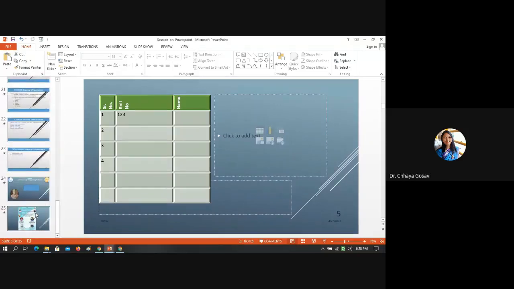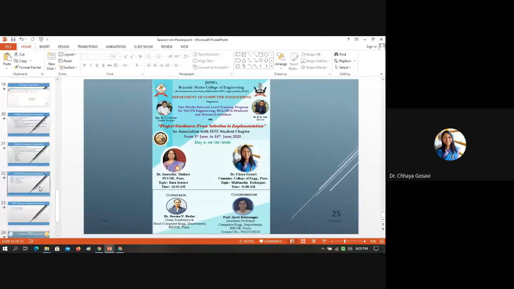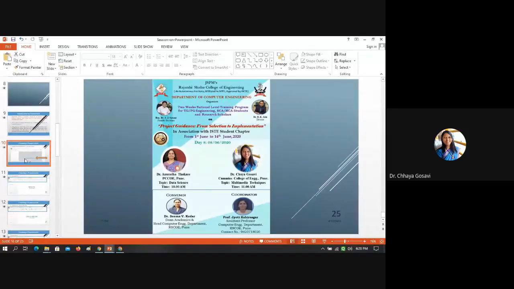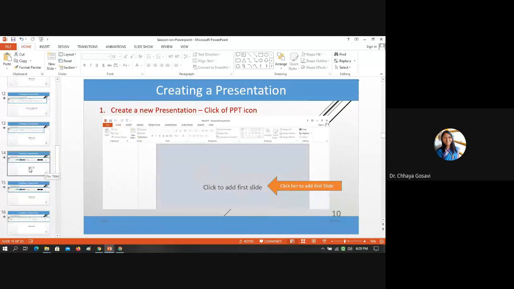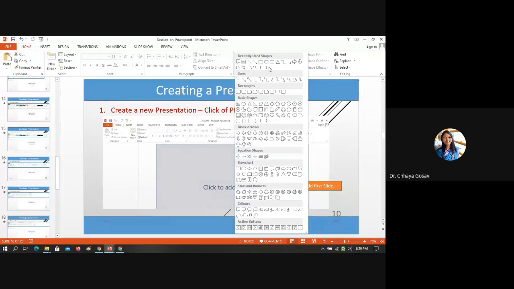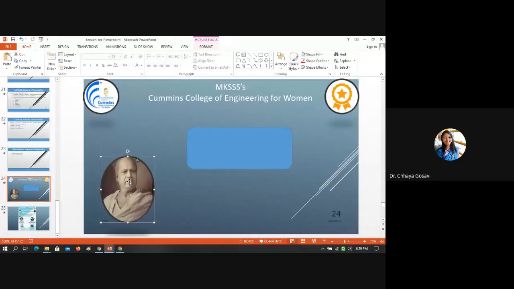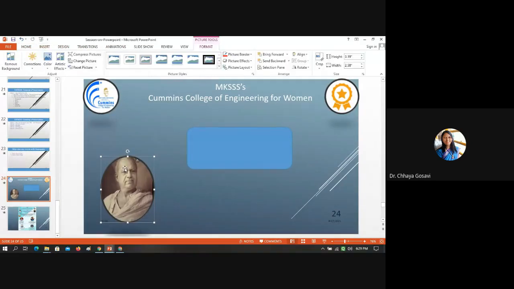You can create a poster like this. You can see images added, then text added, colors changed. Images are arranged properly. Background can be selected. Suppose we add some image like in this slide and go to Insert, click on that image. You can see